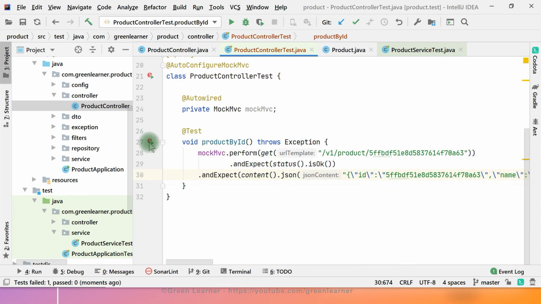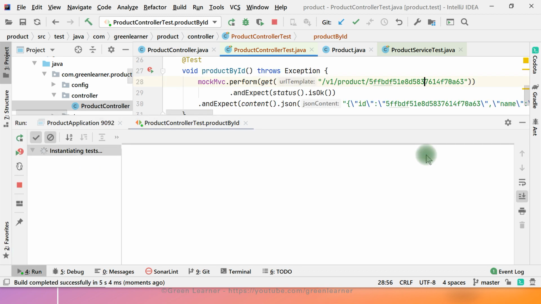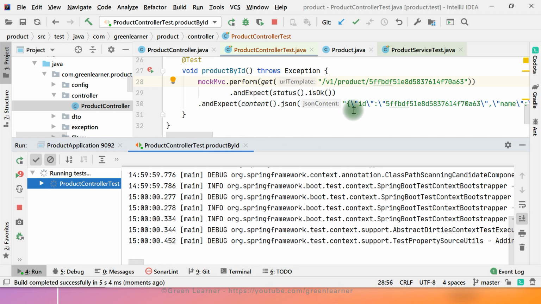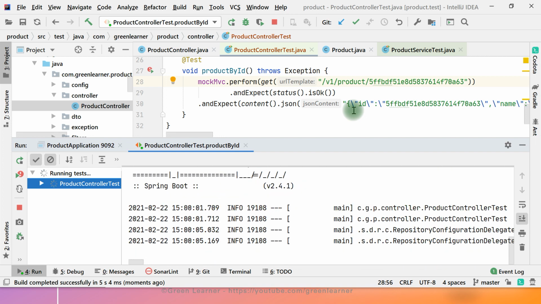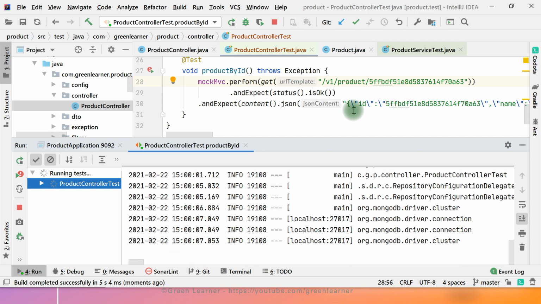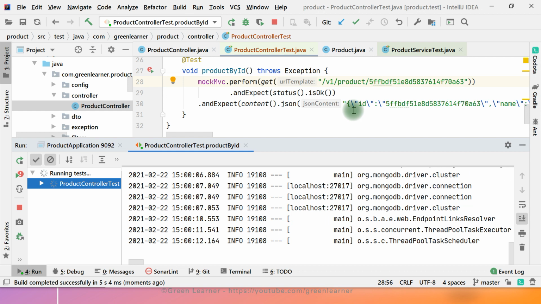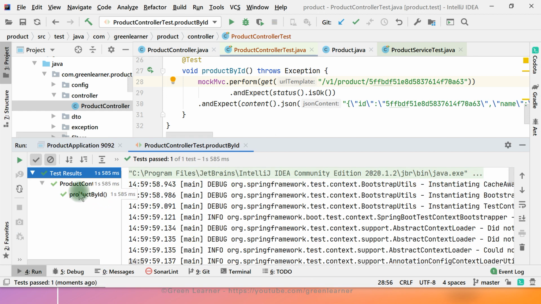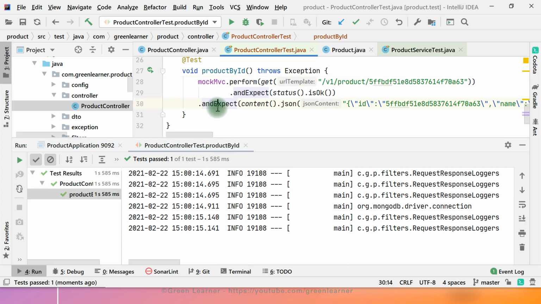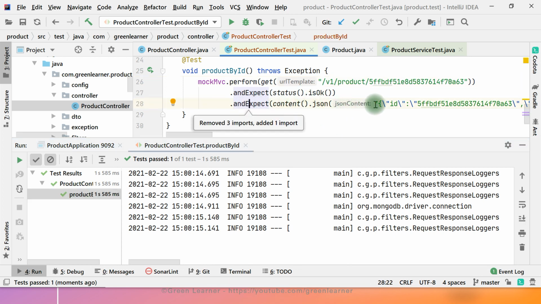Just run this again. This is the result we are getting by executing this product ID. If everything goes fine and it is as expected, we are going to get a passed test. Yeah, now the test case is passing. So now we have compared our content as well.